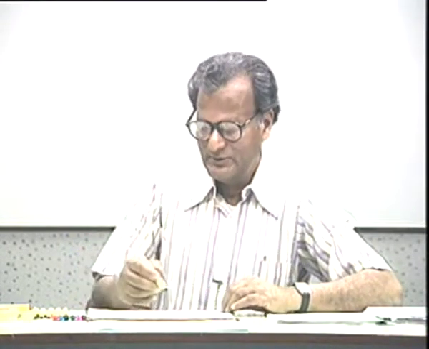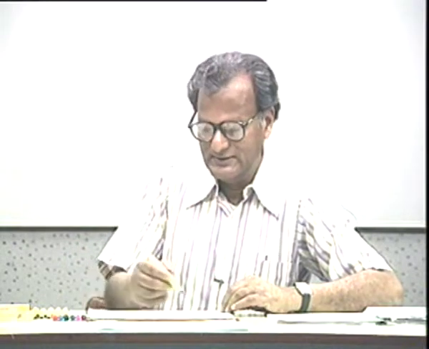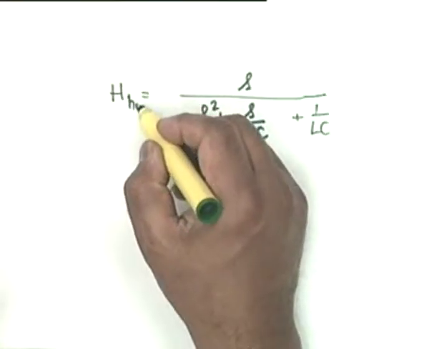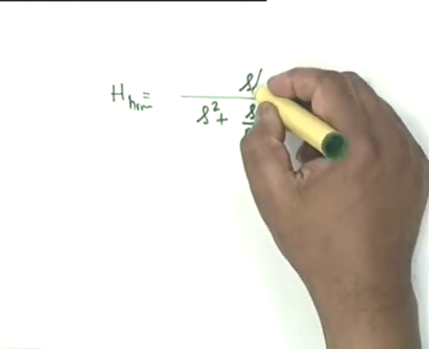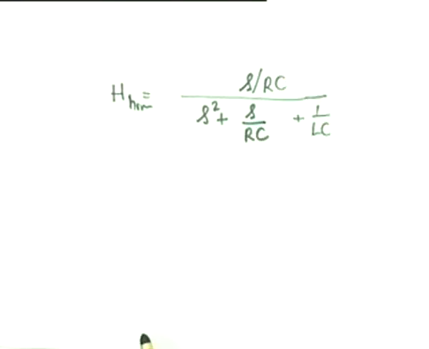Yes, it was a band pass filter, which I can write as, let me write the normalized value, that is I want to make the maximum equal to 1 and then 1 by root 2. Okay, so I will write this as S by RC. Agreed? The normalized value. What is the problem?